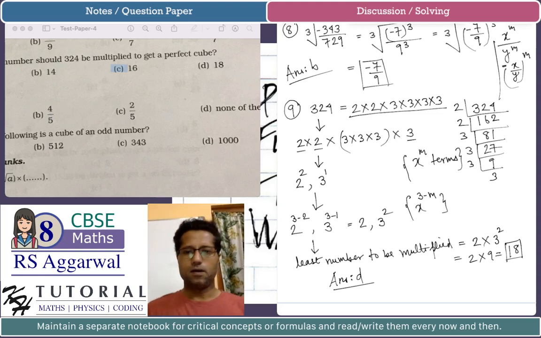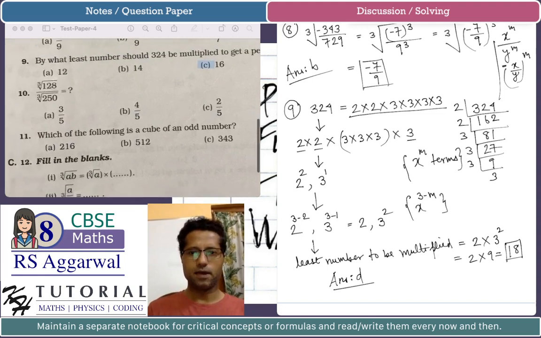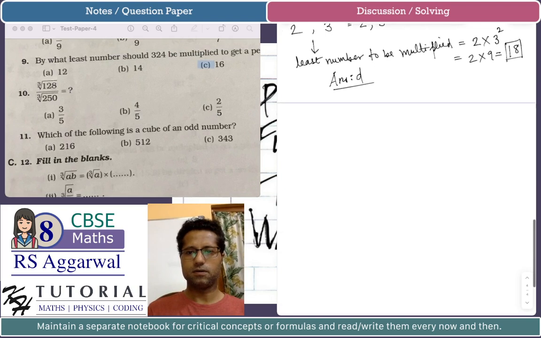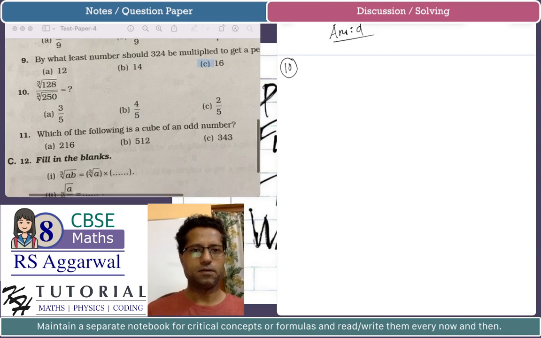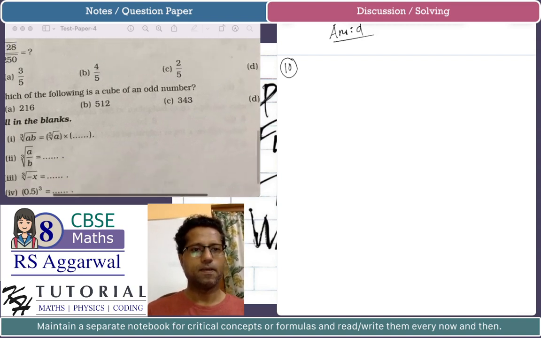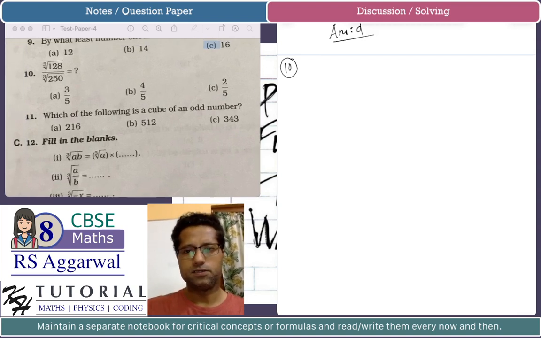Okay. Let's do, this was question number 9. Let's do question number 10. Question number 10 is to evaluate cube root of 128 divided by cube root of